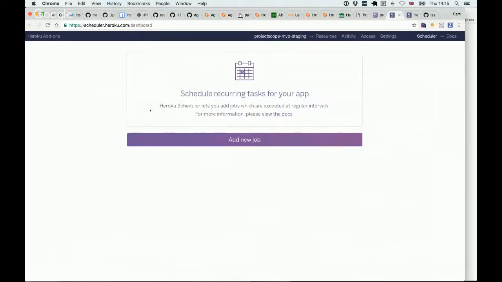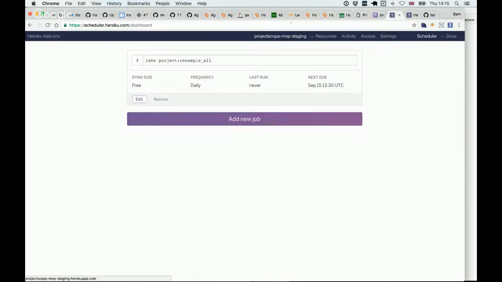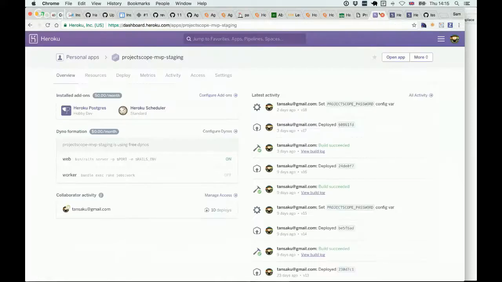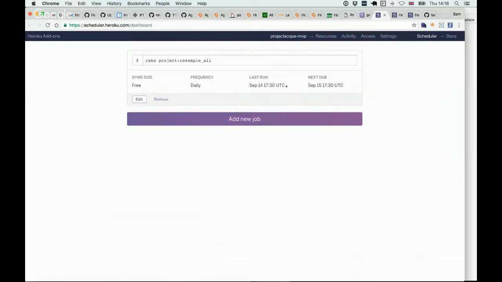We have the Heroku scheduler there, and it doesn't seem to have any jobs on it. I will add a job there for good measure. I suspect where I turned it on was the main production system, which we can have a look at, and it has a job. It tells us that it ran,